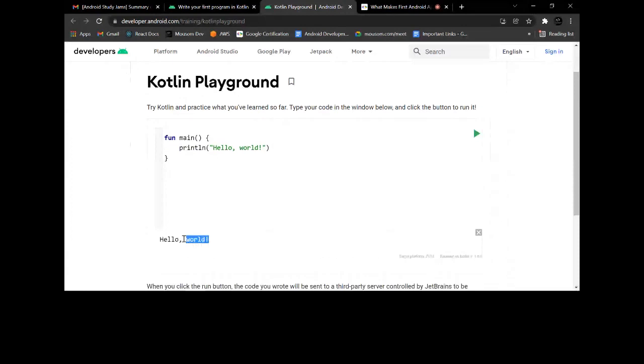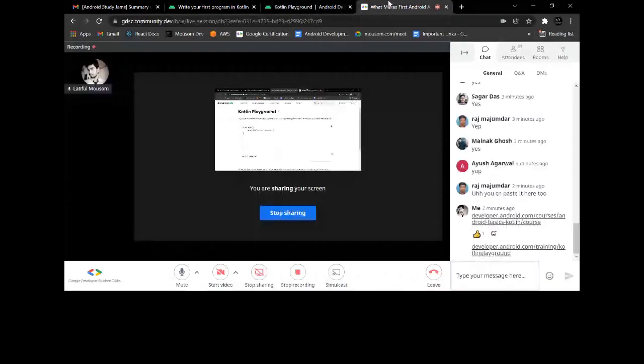Not only Hello World, you can write anything over here, like Hello Android, and it will be printed. So this is the first program you can create in Kotlin.